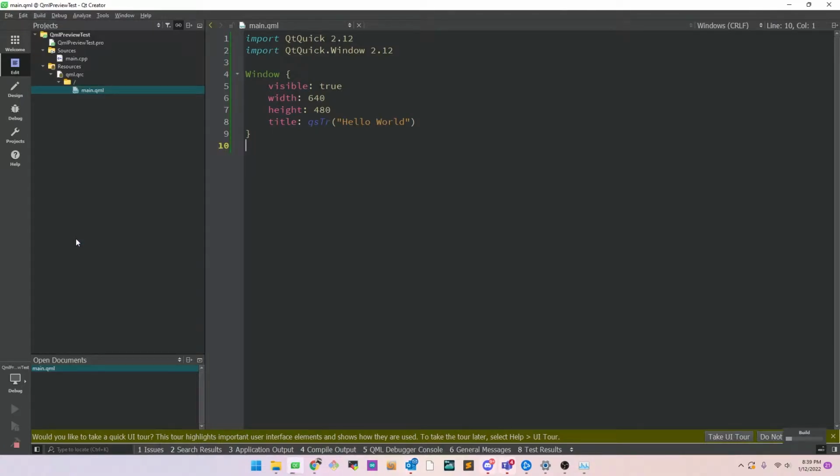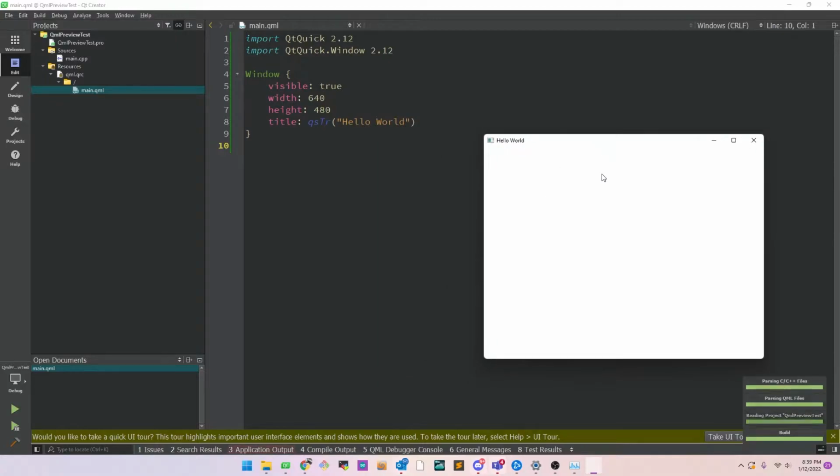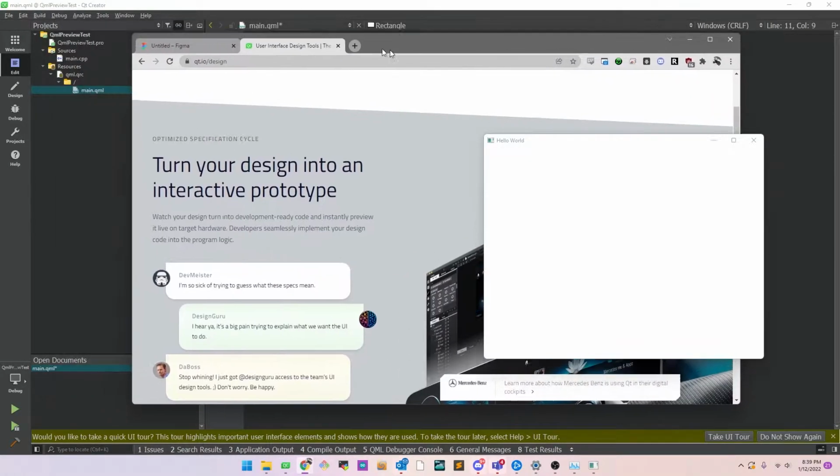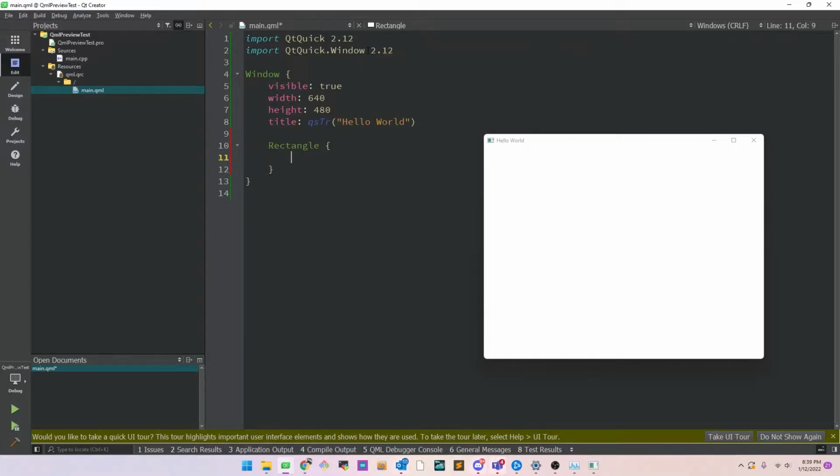If I hit QML Preview here, you can see that an application opens much like if I were to run it, except now if I add something like a rectangle, and as you can see, even though I'm clicking on Qt Creator, this application window stays on top of everything. Even if I open up a browser, you can see that it's still on top. So let me make this color